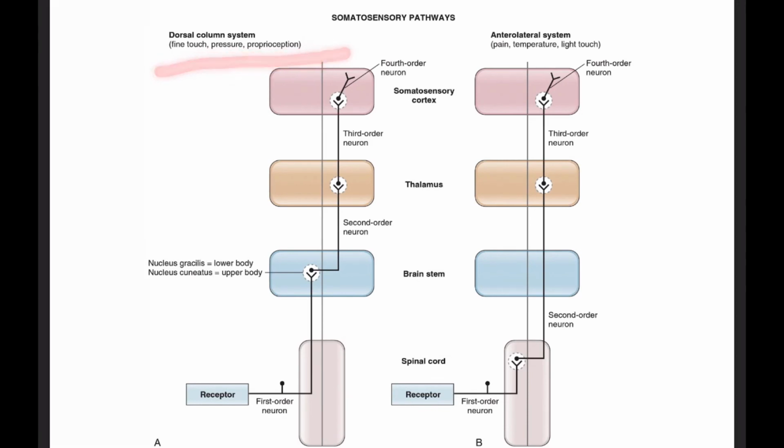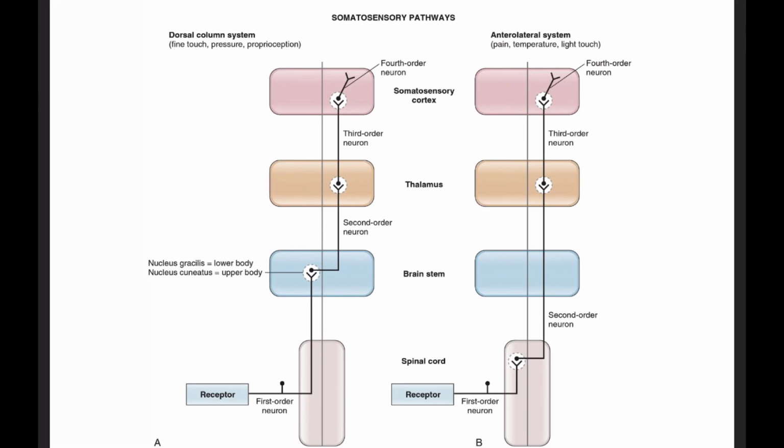We have also discussed that in the dorsal column you only have the ascending tract. So the sensory nerve fibers from the locomotor system or from the skin pass through the first order neuron, then from the first order neuron they go to the second order neuron in the dorsal column nuclei, that is nucleus gracilis and nucleus cuneatus. From the second order neuron it goes to the third order neuron located in the nucleus of the thalamus, and from the third order neuron, it goes to the fourth order neuron.